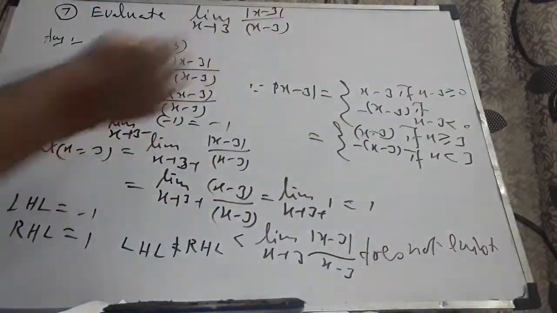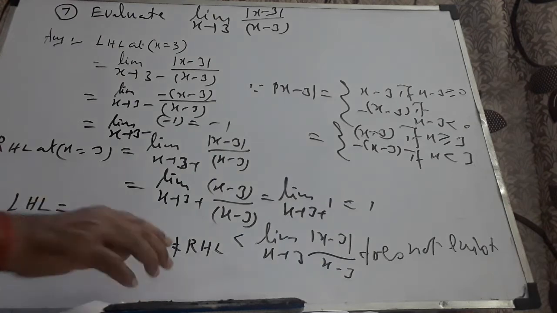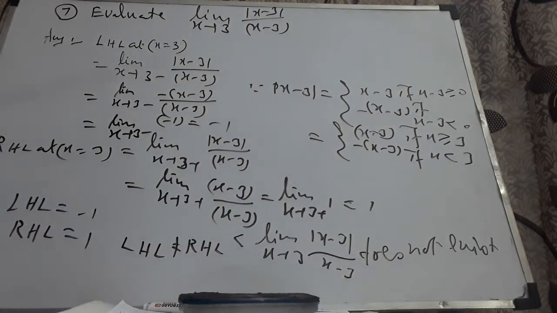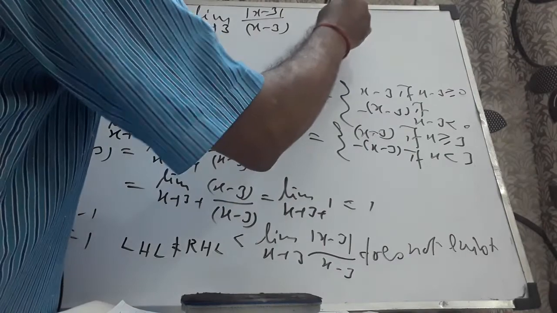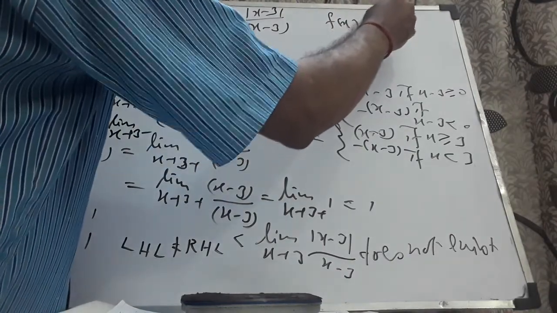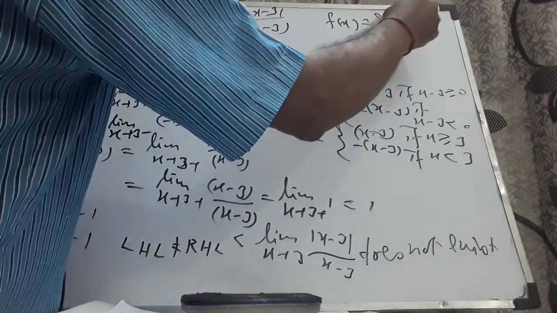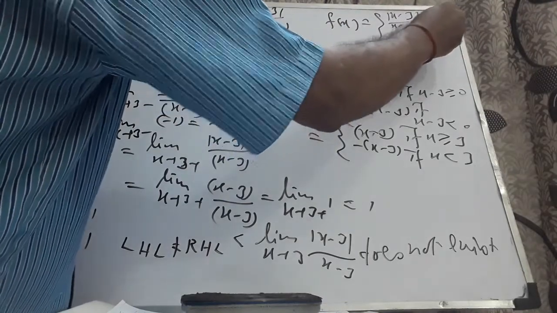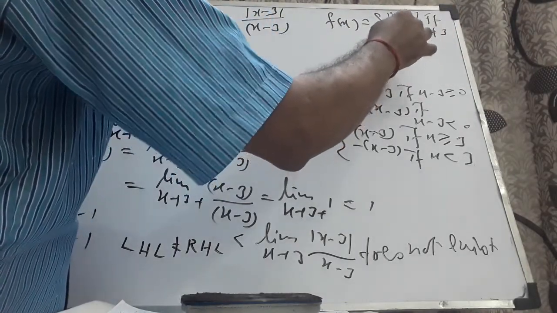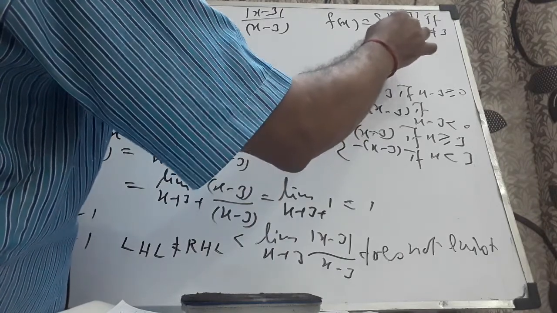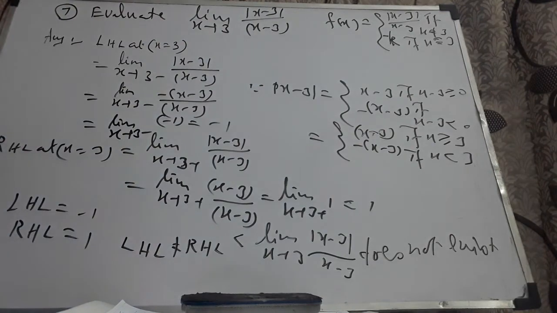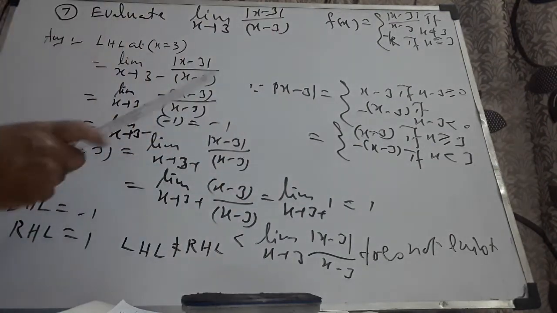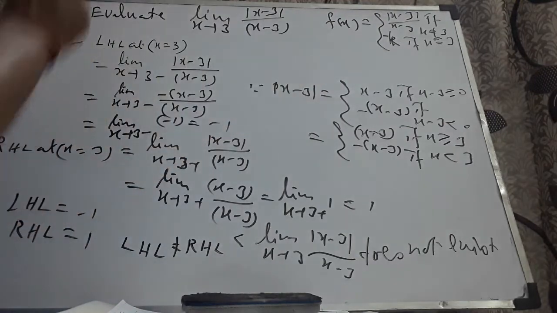That is the meaning. You may think it's a problem from 11th standard, but the question may be given in a different way. I'll just explain the other way around. It may be tested in your board examination as f of x equal to x minus mod x minus 3 by x minus 3 if x not equal to 3, then it is k if x equal to 3. Irrespective of the value of k, it is discontinuous at x equal to 3. This is how the question may be given.